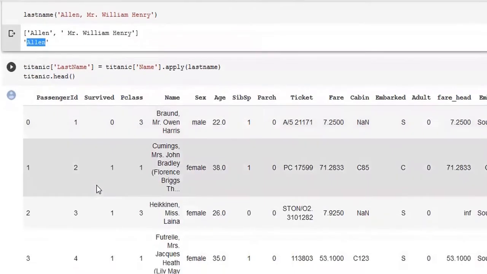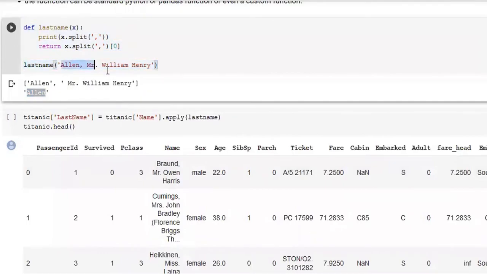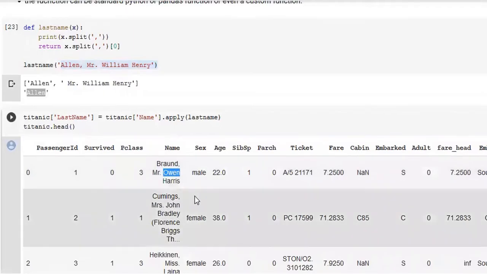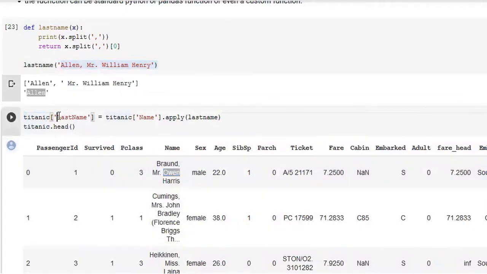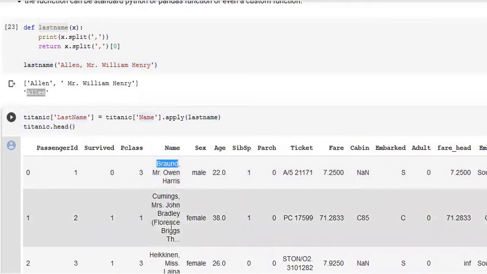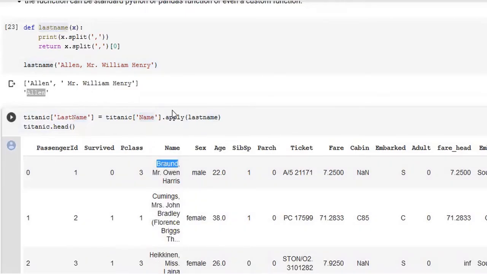Now I want to apply this function not to just one name, but all the elements of the name column. How am I going to do that? I'm going to take my data set and create a new column, equal to the name column, and on top of it I want to apply this function. I want to take each and every name, for the zeroth one, the first one, the second one, and apply the last name function. So one at a time, one name, the first element is going to be selected from the name column. For it, I'm going to apply the last name function and pull out the Ellen.